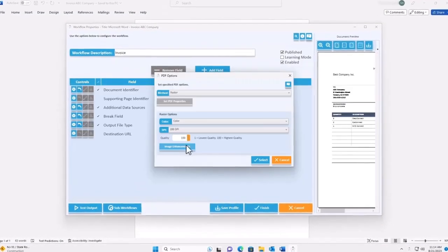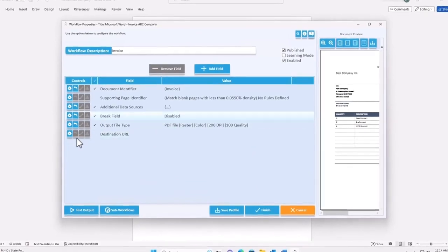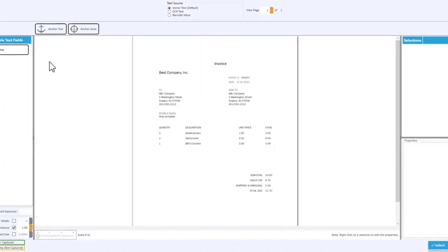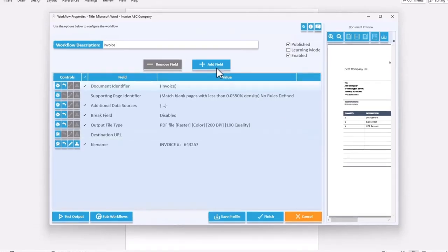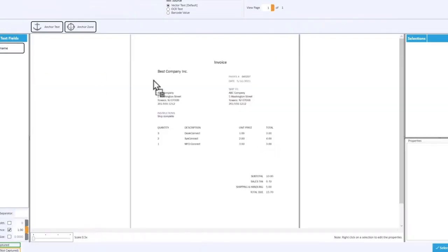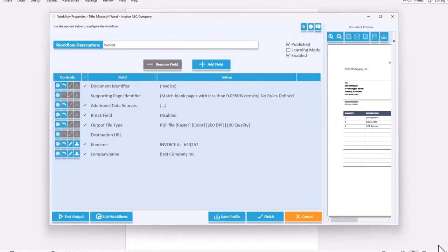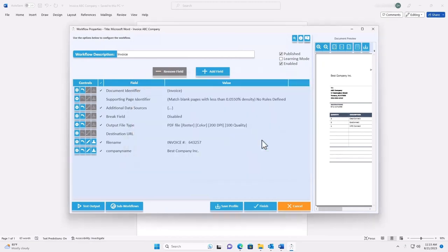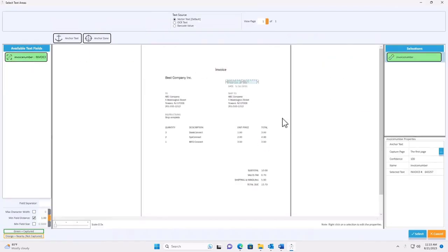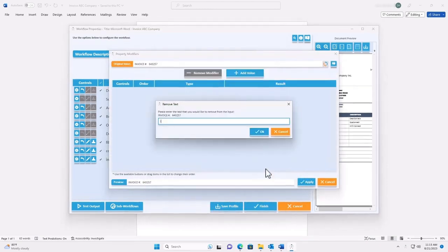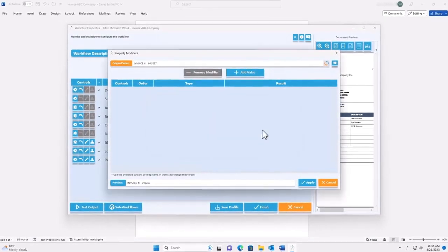I will use the invoice number from the document as the file name. I need to introduce both the company name and invoice number as extra information to pass to my Power Apps workflow. I will use a modifier to remove the text invoice number from the value going back to the Power Apps